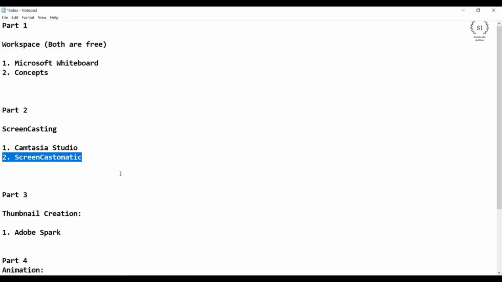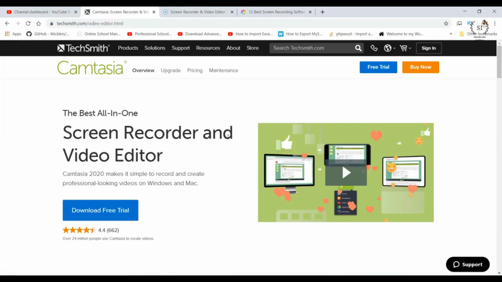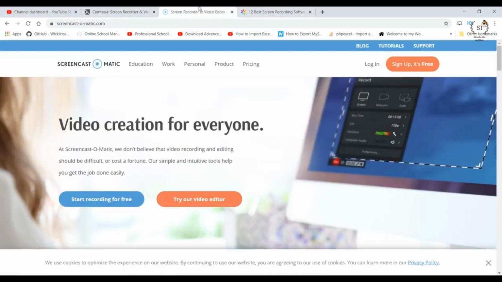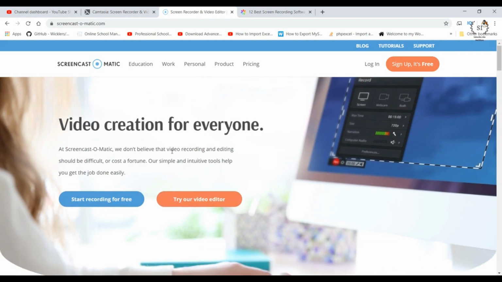So you can see I have the Screencast-O-Matic software. This is 90% similar to what output you are achieving with the help of Camtasia, but obviously there are limitations. So let's switch to screencast-o-matic.com. You can see it also has a paid version, but you can record decent videos with the free option as well. So what you need to do is simply click on this start recording for free,